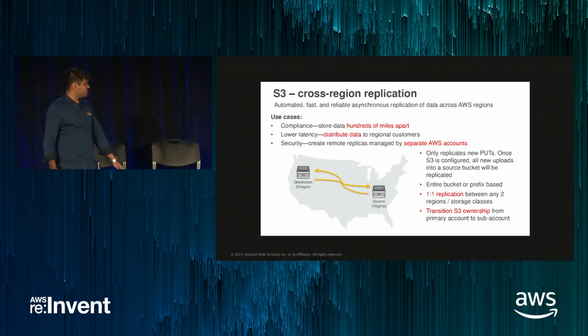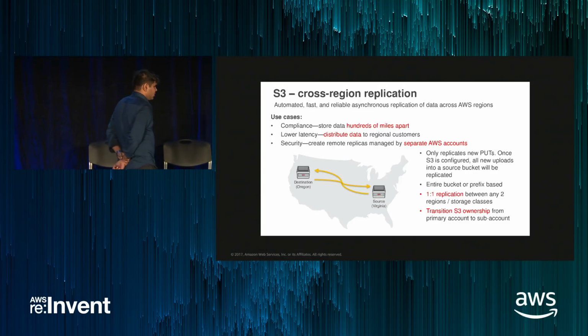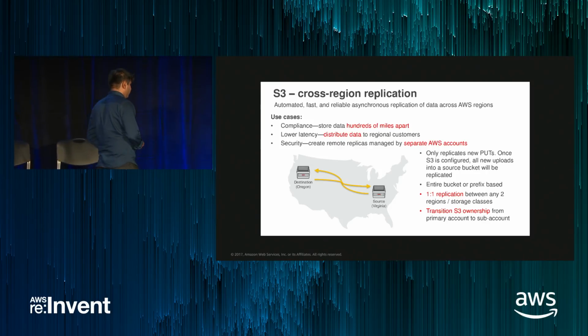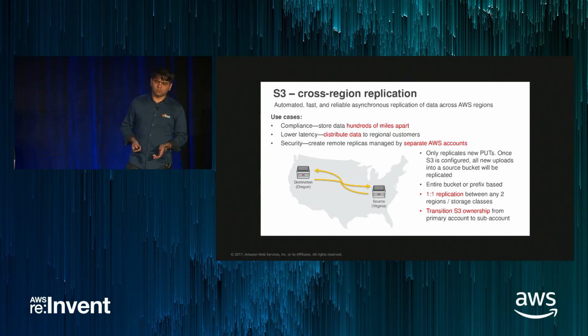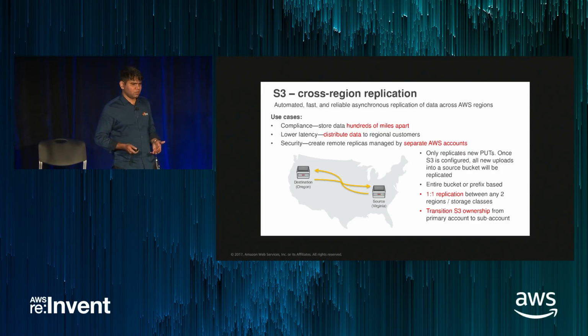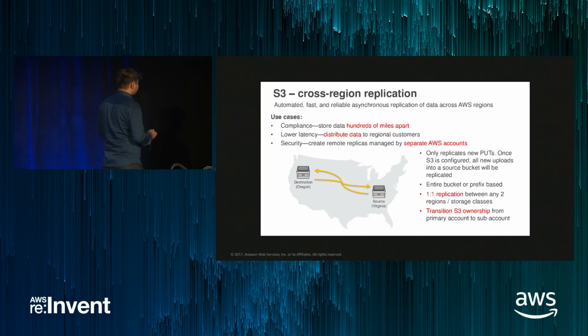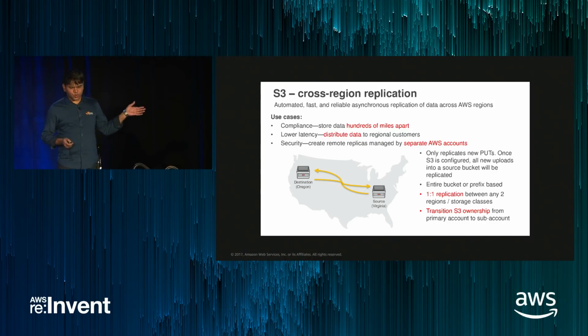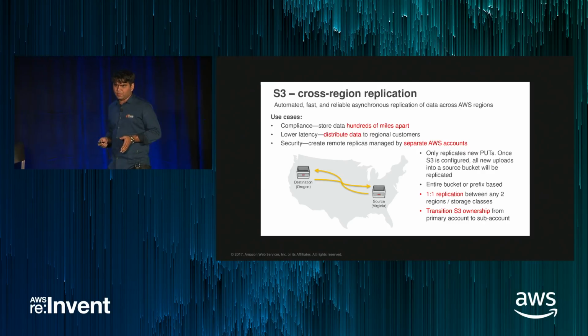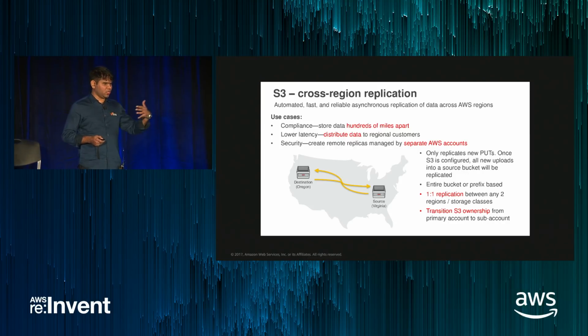So now let us look into individual services. S3 is one of the first services that we launched, and people put a lot of their important data in S3 because it is just so reliable, right? 11 nines of durability. S3 now has this feature for quite some time, which is cross-region replication, which very reliably replicates data at one end to the other end.